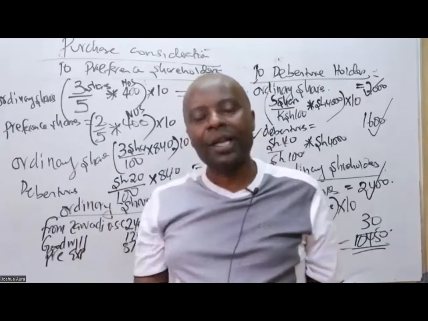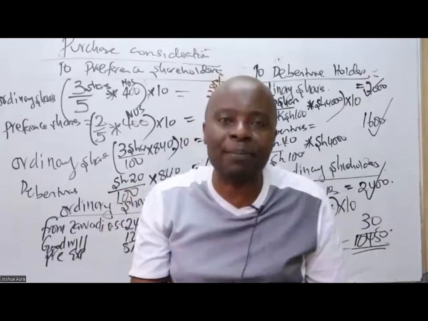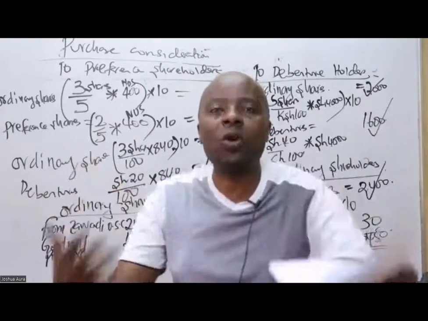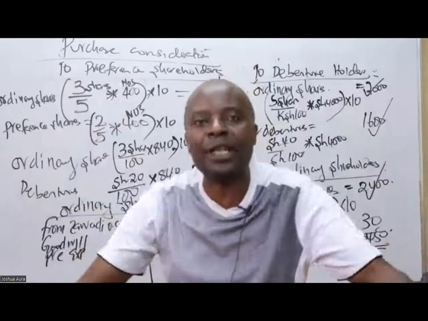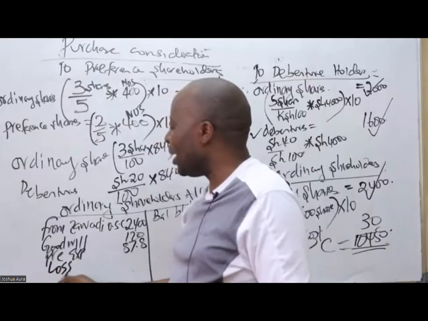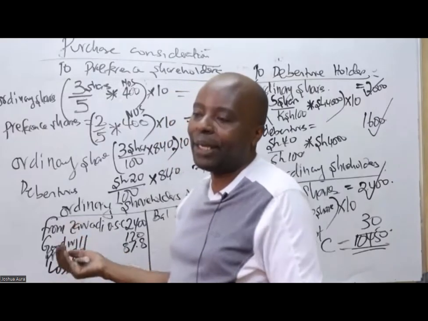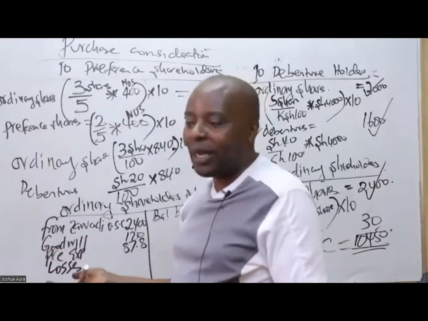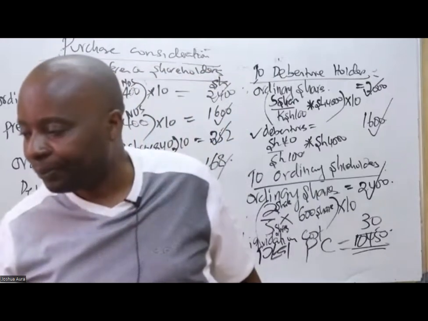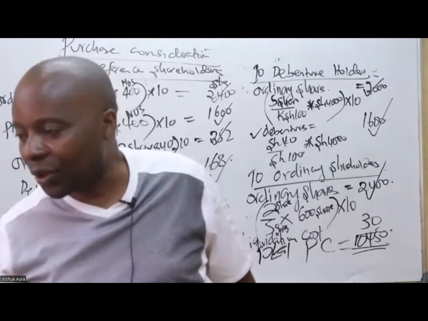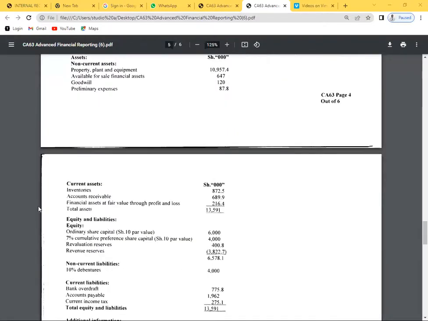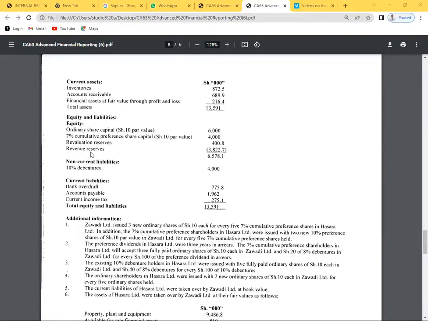A negative reserve. If I were you, I would always remember this is a struggling company. A struggling company must be having losses. The losses must be given to the ordinary shareholders. So come here and give us accumulated losses. They must bear the burden. I mean, you are the shareholder. You must bear this burden. So the losses, is there somebody who can see these losses? They will either be grouped here in form of assets, or if you go to the equity, you'll be able to see them here. Like now they're here. Revenue reserves.